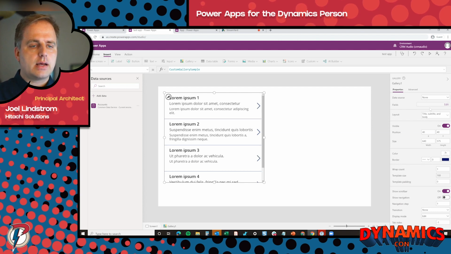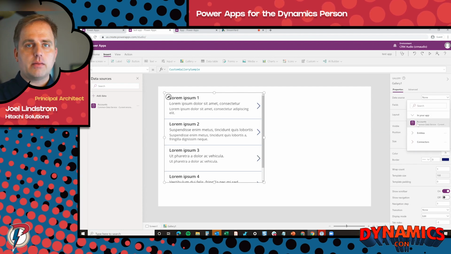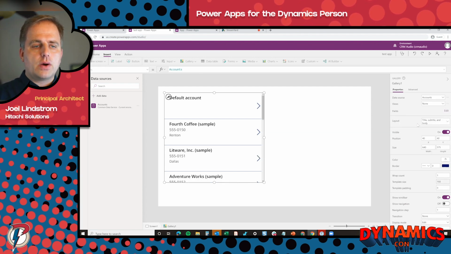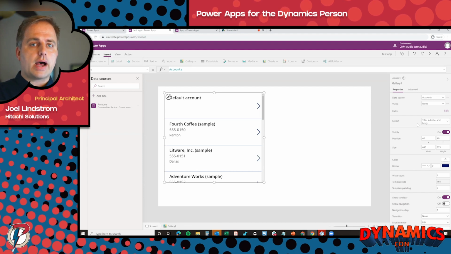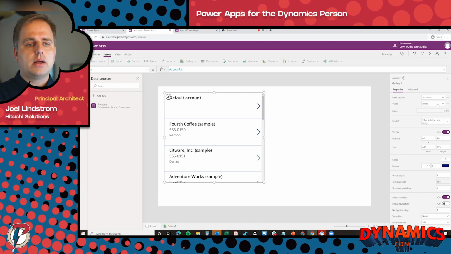To make this easier for you as a maker, after I choose my layout, I'm going to choose the account entity because that's my data source. Coming from the Dynamics world, you know what system views are. You know how you create your logic, your filter, and your layout in a system view. Well, those can actually be used with Canvas apps as well. So I don't have to necessarily write a formula to get, for example, the My View.